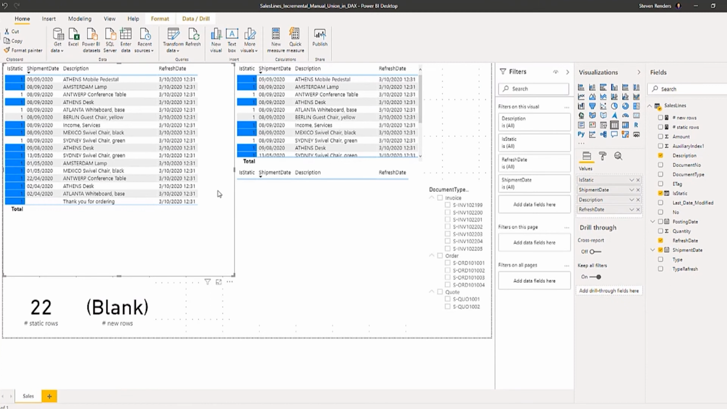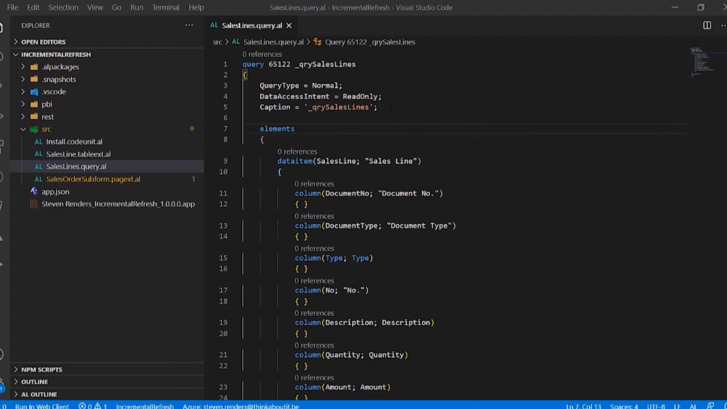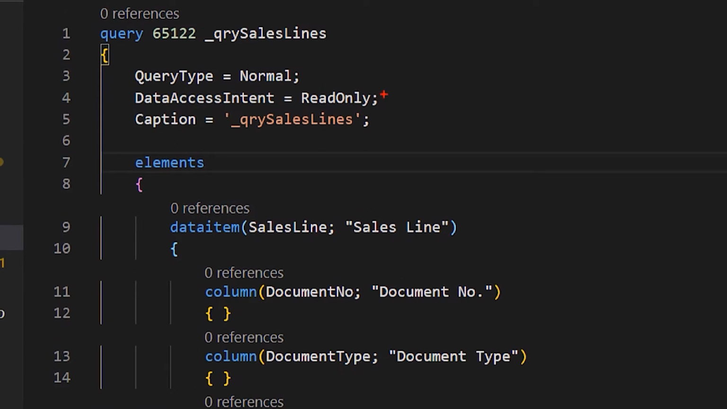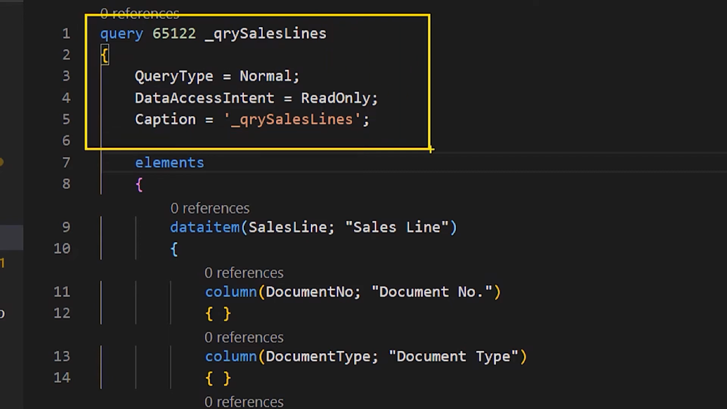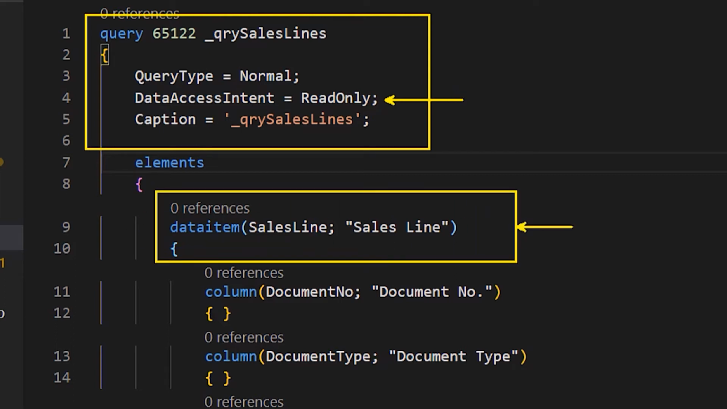This is the end result of our report. To get there, I actually created a query. As you can see right here, we have a query called query sales lines, where I'm implementing the data access intent as Renato explained. And there is one data item which is going to fetch the sales lines from the